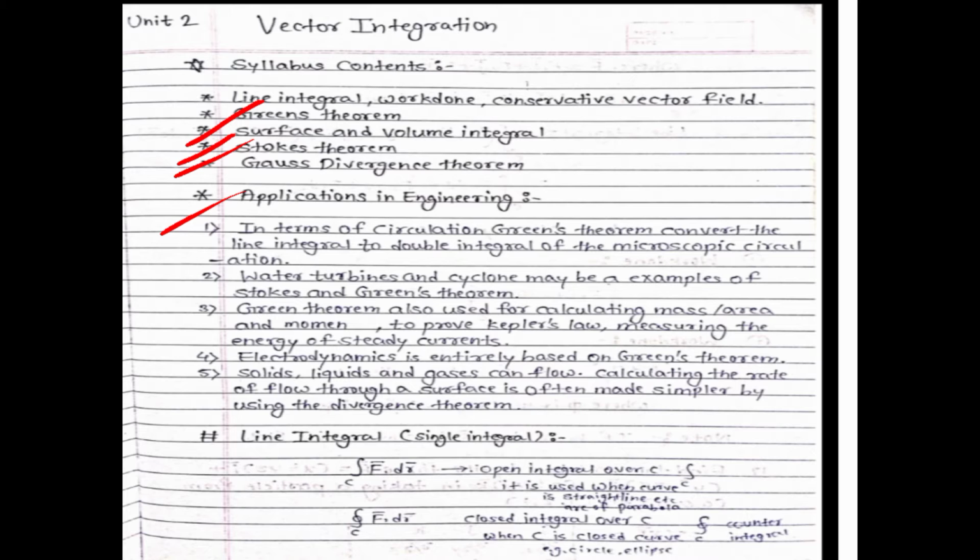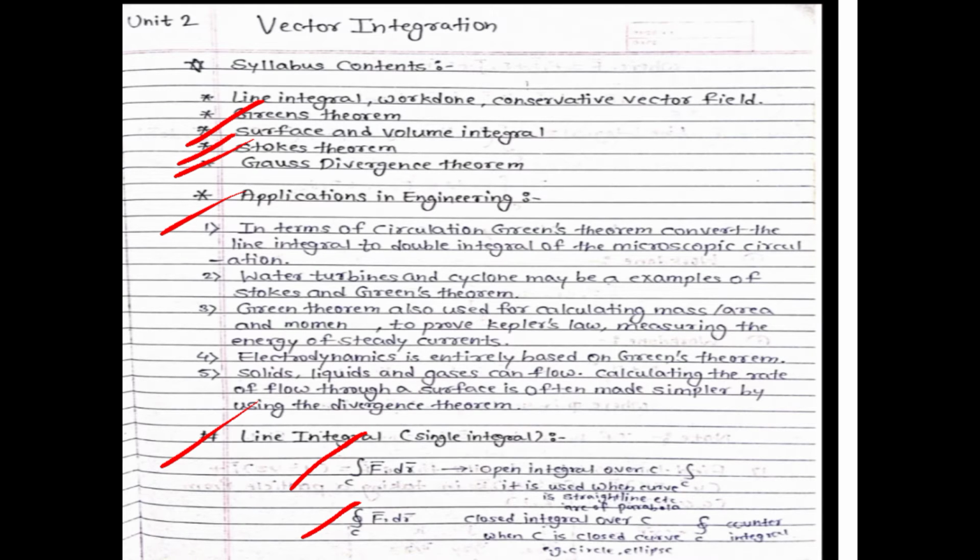So first of all we will see what is line integral. Line integral is nothing but a single integral. Basically we are considering two types of line integral. First one is open integral and second one is closed integral. In short, the difference between open and closed integral is that the